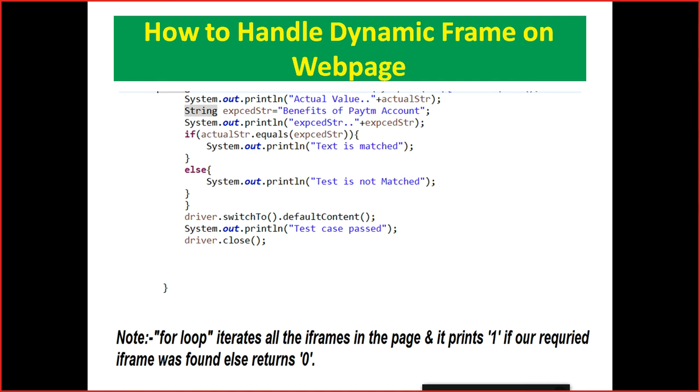If it prints 1, our required frame was found, else it returns 0. If the value is 0, there is no frame available on the web page. That's why I have written size not equal to 0. If size is not equal to 0, then the frame is there.